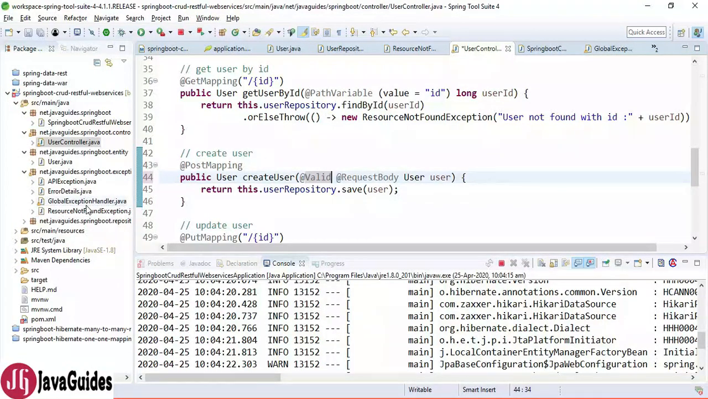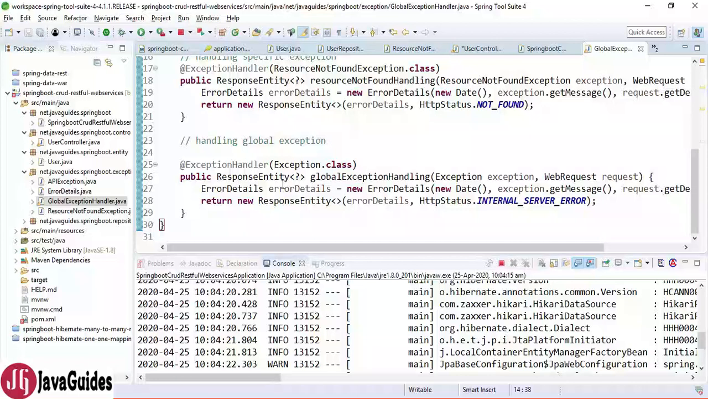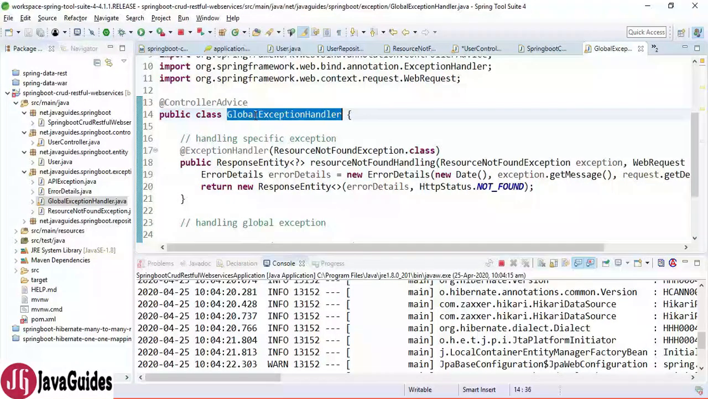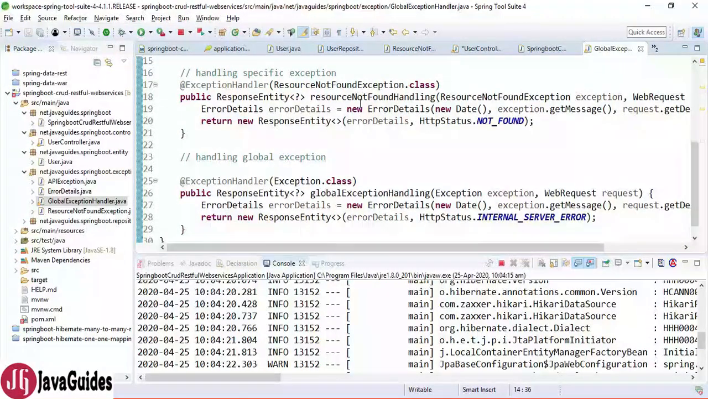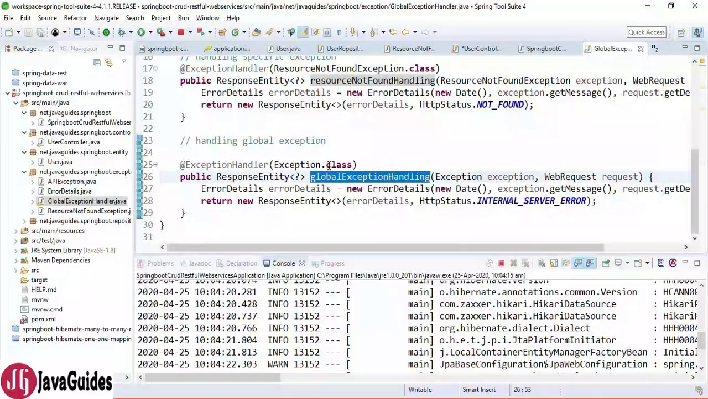Now the last and fourth step is we need to provide a custom validation response. So this is the global exception handler that we created in the previous video tutorial. It has 2 methods: one is to handle a specific exception and another is to handle the global exception. Okay, so we write one more method which will create a custom validation response and send it back to the client. So here I am going to write the method. I am going to just write the comment handling